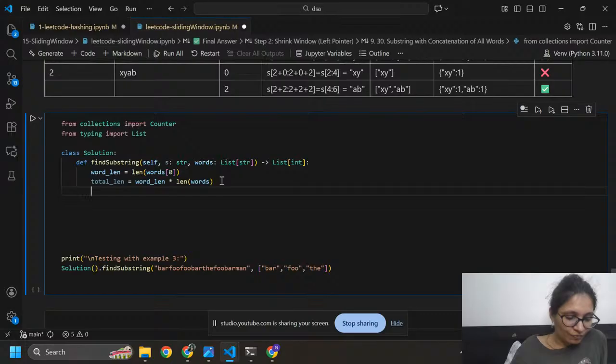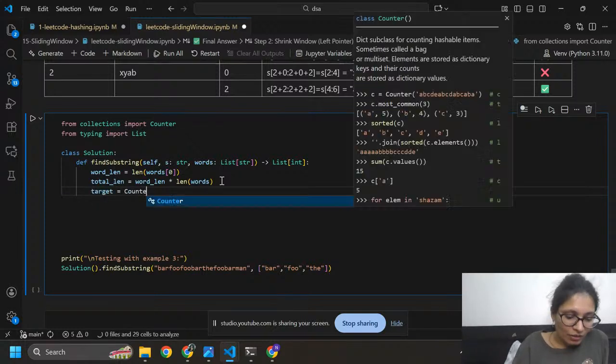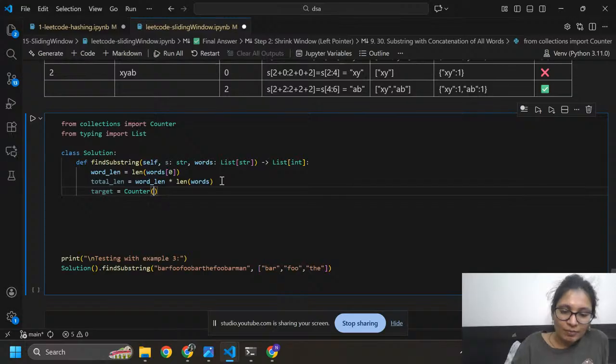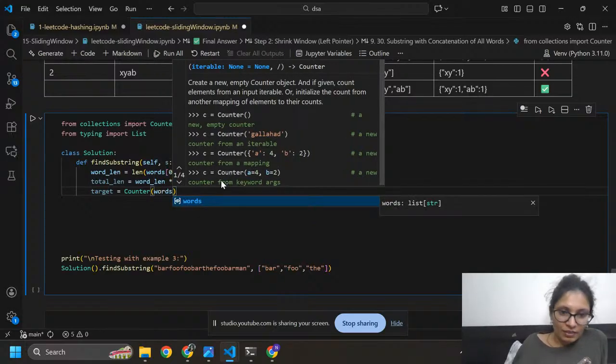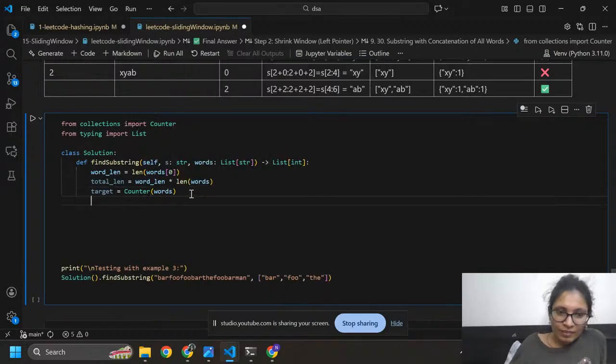Now I'm going to write another variable, that is target. Target equals to counter of words, and here result. This is another variable that stores the result in an empty list. Okay,